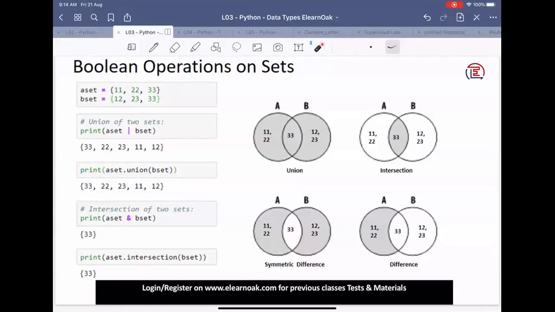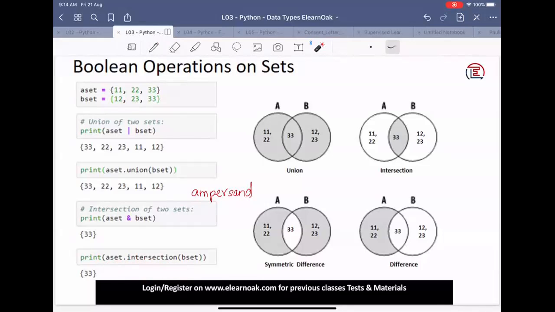In colloquial language we call it AND, but more technically it is called an ampersand. Within programmers we call it an ampersand. You can use the ampersand operator, and it basically represents Boolean AND logic. So when you say A set and B set, you get the common element, or the intersection, which is the value 33 here. If I don't want to use this, I can also use A set dot intersection with B set, and it also gives me the intersection value.